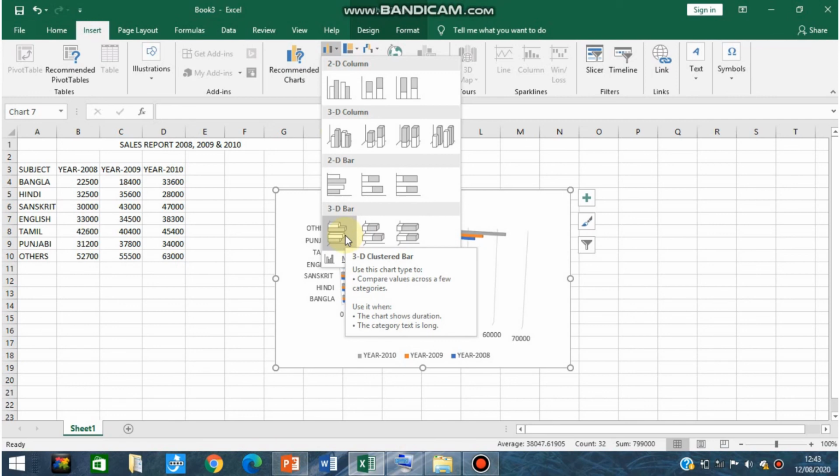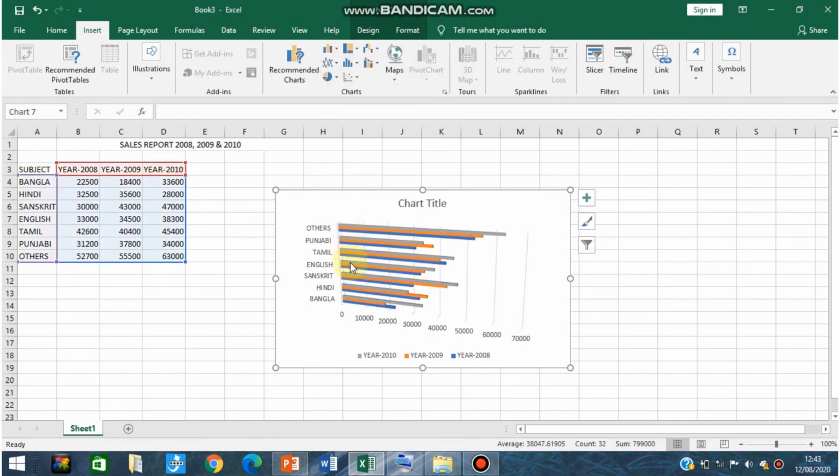Let us click the first option, and you can see this 3D chart of this data series. So in this way you can add the 3D chart of whichever chart you want. Whichever 2D chart you want, you can have a 3D view of it. So this was all about this chapter, charts in MS Excel worksheet.